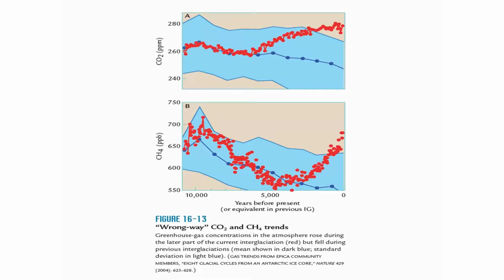This is looking at two separate interglacial periods from the past. The blue one here is an older one, and the red one here is the current one that we came out of the last ice age, and the blue band shows the range of values in carbon dioxide and methane coming out of the interglacials. And the idea is to see if our current interglacial evolved similarly to past interglacials.